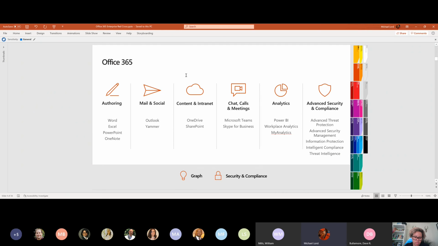And then we have our security stack. I will very lightly touch on some of the things happening in the security stack. Know that we have 2 things we talk about: compliance and security. We will have the security specialists who will be presenting in the days to come. But ultimately, we're talking about all of these items together across one unified area of intelligence called Microsoft Graph, and across security and compliance.